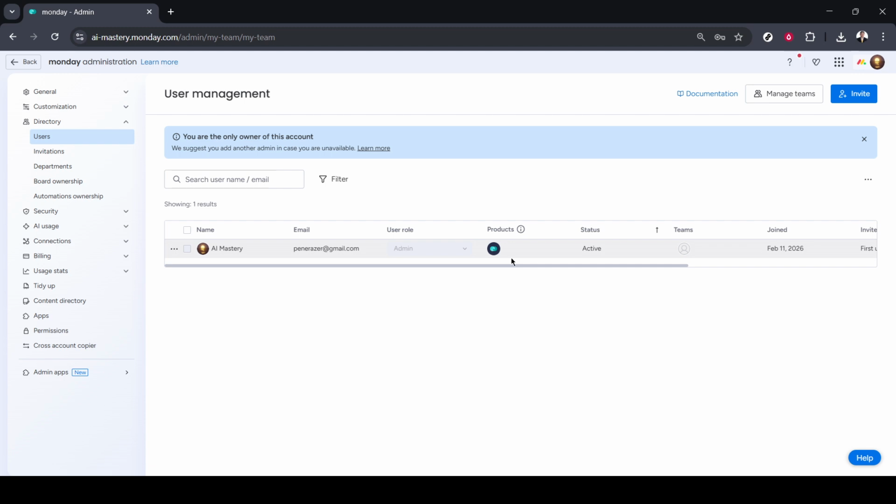Keep your list clean by periodically reviewing inactive or duplicate entries. Follow the principle of least privilege. Grant the lowest role someone needs to do their work, and upgrade only when necessary. For external collaborators, choose limited access options to protect sensitive boards and data. When team members leave, make sure their access is removed promptly and their work is transferred to an appropriate owner to avoid disruptions. And if you're scaling, set a simple naming or team convention so that the directory stays organized